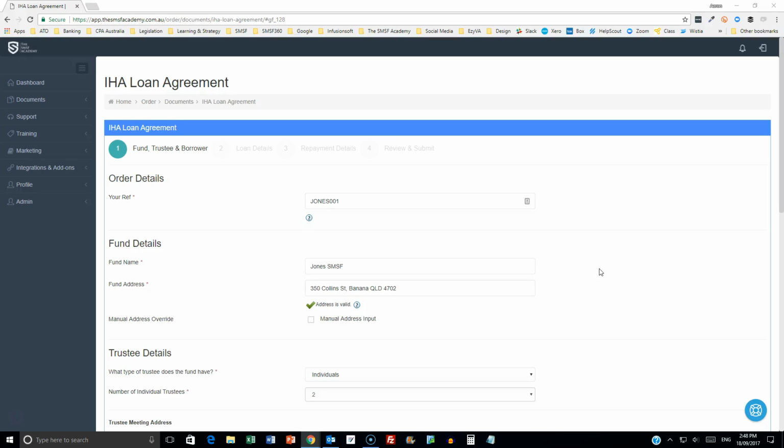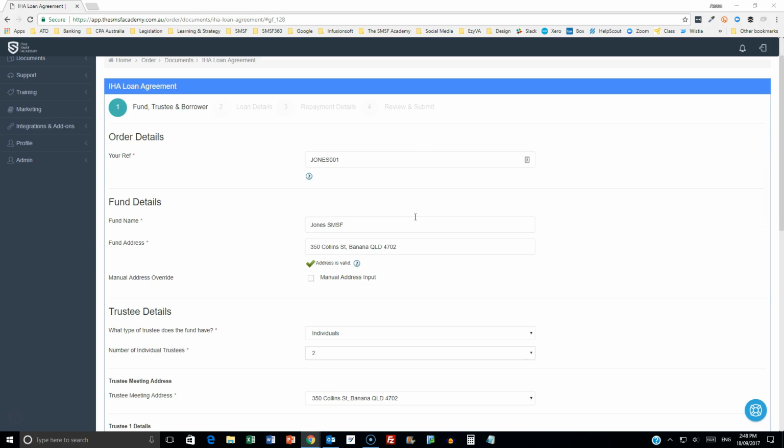Hi there, in this video we're going to go through our new in-house asset loan agreement that we've added into our campus platform. You can see here we have 4 parts to this actual form. First of all, we'll put in our information around our fund, trustee, and then the borrowing party. We'll then go through our loan details, repayment details, and then finally the ability to review and submit that